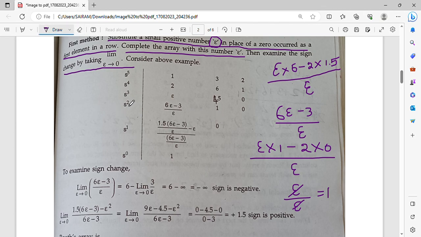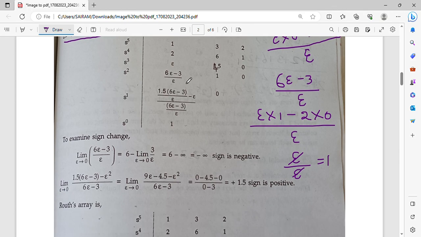So s to the power of row is nothing but this into this whole divided by this. If you multiply, first try to multiply this into this, that is 1.5, right? So if I multiply that, it is 6e minus 3 divided by e